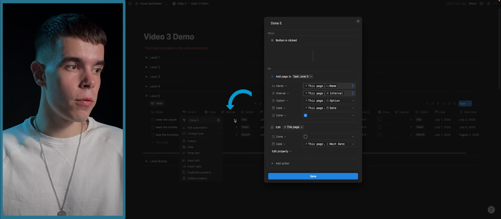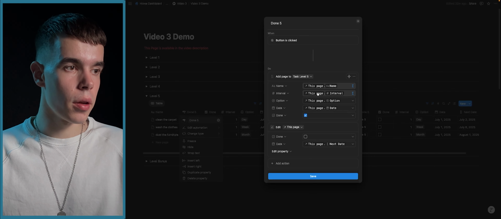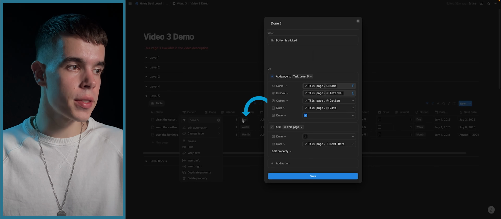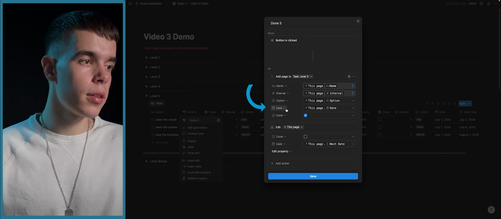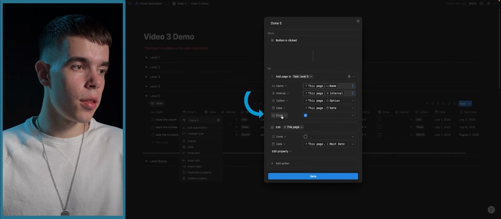Then the interval for this page is 1. And because we select this page dot interval here, the interval gets filled with 1. Same for option, it gets set to this page dot option. So in this case, option gets set to day, the date gets set to the same date,